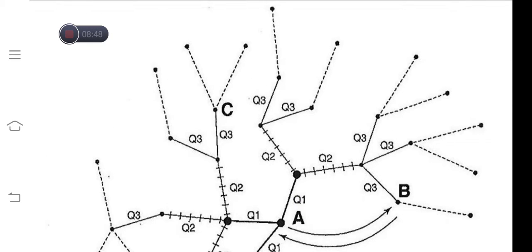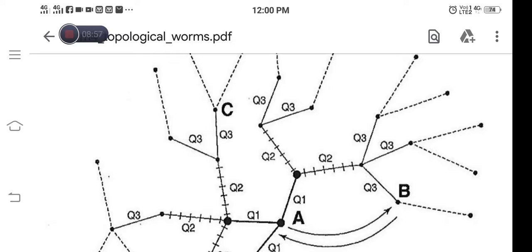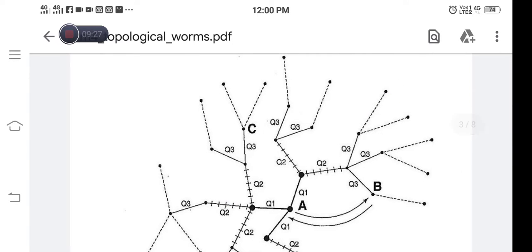Similarly, the nodes connected to Q3, that is the link from Q2 to Q3, are the next level of neighbors. The nodes present at the terminal edge of Q2 are the neighbors of the nodes at Q1. Similarly, the nodes at the terminal edge of Q3 are the neighbors of the nodes at the terminal edge of the link Q2, and so on. That is how the neighbor connections are established here.